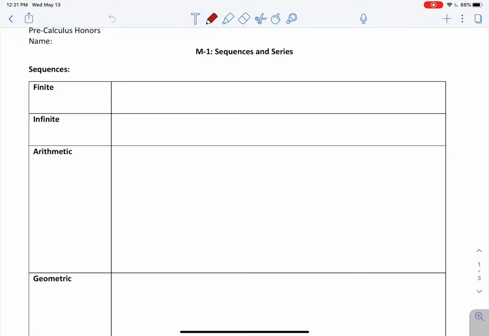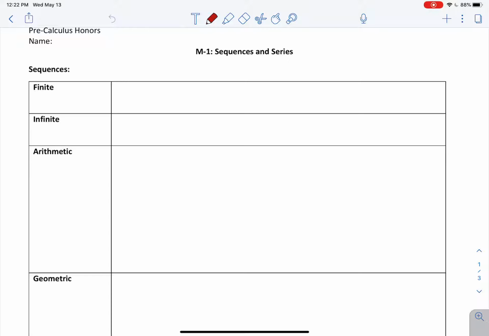Sequences can end up becoming functions. We can talk about them as functions as well, but they don't necessarily have to be that. So this is kind of like just going back a layer on it, but not adding additional requirements. There are a few different types of sequences, and series are related to sequences. And really this year we're just kind of reminding you of it. You've done a little bit of this in the past. We're just kind of reminding you of a few things with it, doing a little bit more work with it,